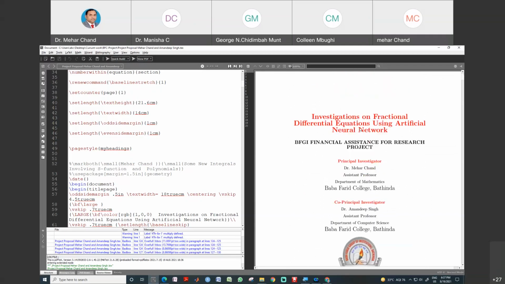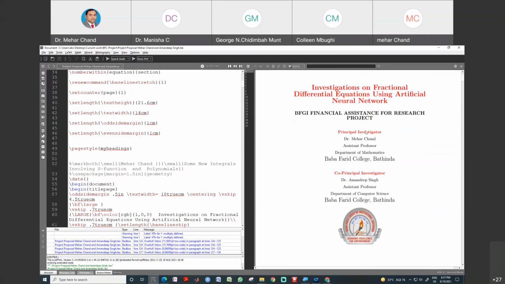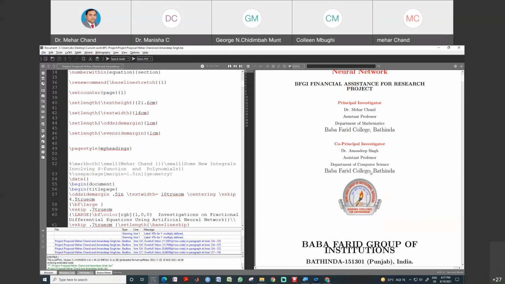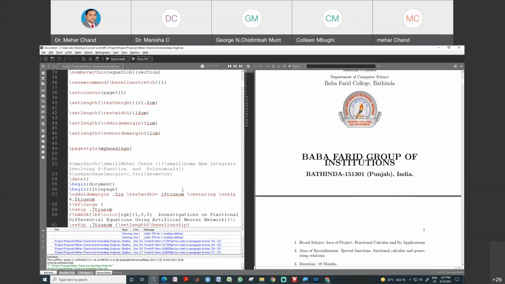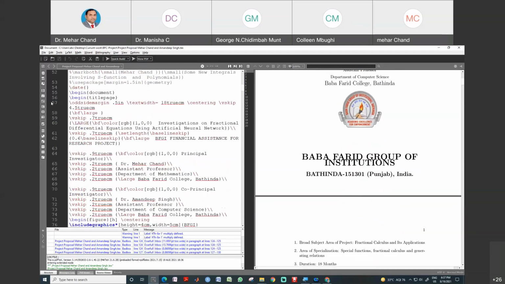You can see title is there, supervisor, principal investigator, co-investigator, co-supervisor, logo, all things you can manage from this place. So you can see here, this is the begin document, begin title page. We can manage the title page easily. So these are very small commands for the title page.